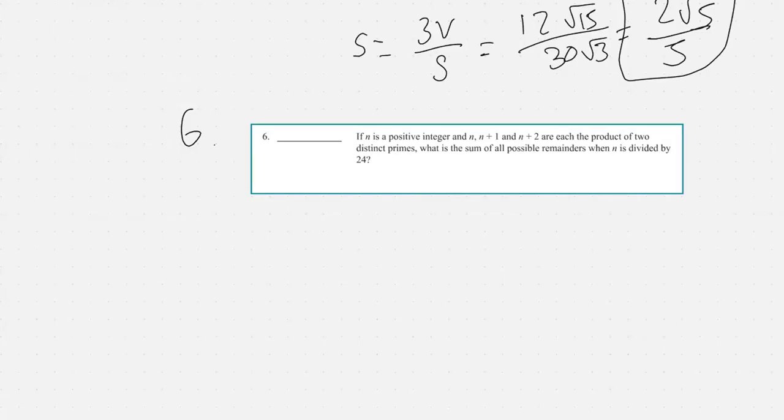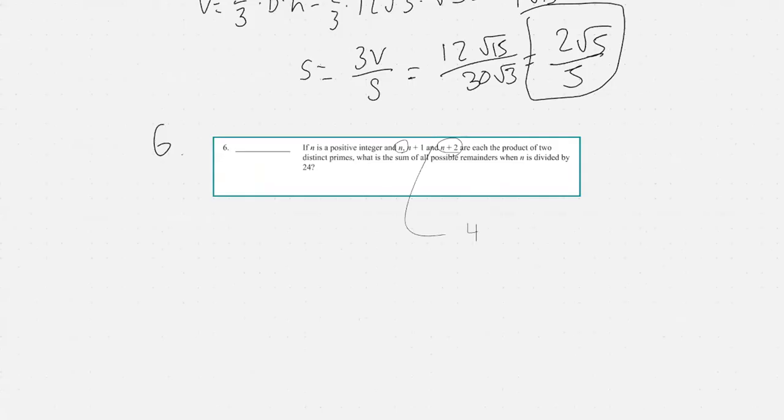One of these is divisible by 2 and one of these is divisible by 3. If this one's divisible by 2 and this one's divisible by 2, then one of these is divisible by 4. But if any of these are divisible by 4, then the remainder, if it's a prime, you need two primes multiplied together, but the remainder is 4 mod 24, so there's always a factor of 4, which is not good, which means that n plus 1 is the one that has